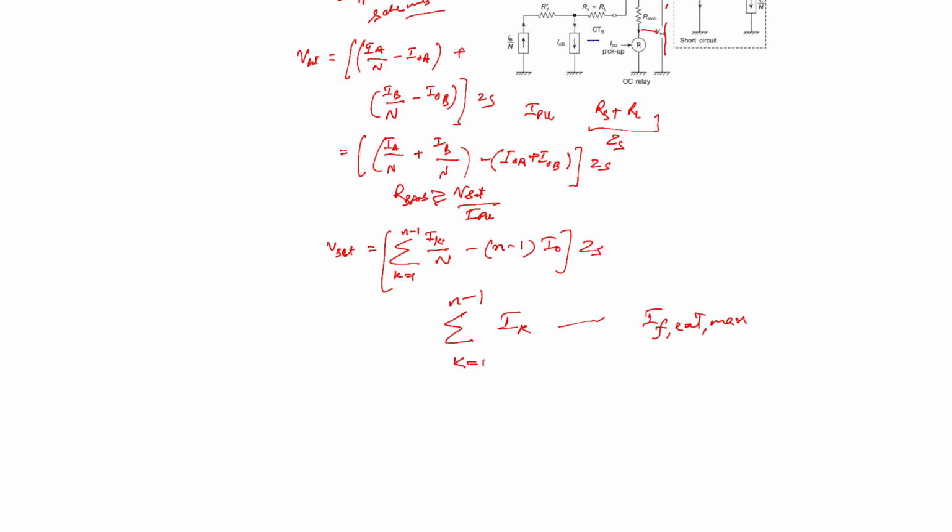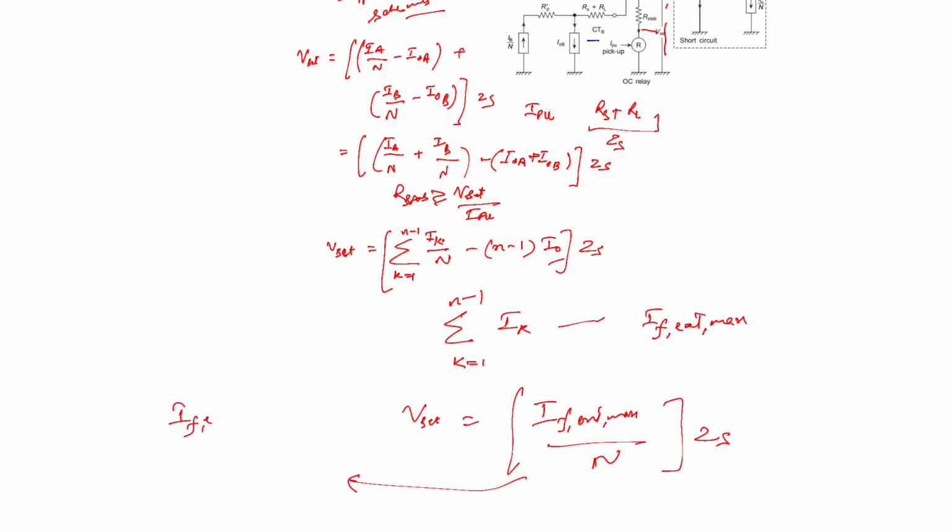Now, up to which the differential scheme remains stable. Therefore, if we neglect the magnetizing current, that is I naught, in that very case we can write V set is equal to IF external maximum divided by N into Zs, as we are neglecting I naught. The preceding equation gives the value of the maximum external fault current up to which the differential relaying scheme remains stable. So from this equation, we are getting